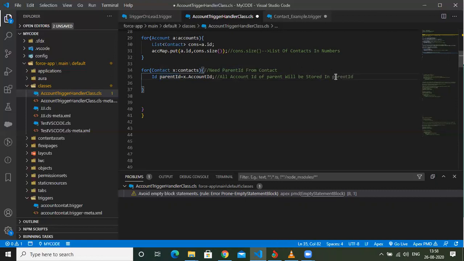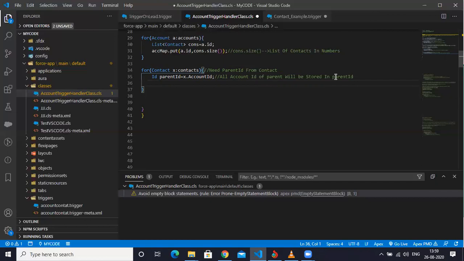Okay. Now next step, once all this is done, I need to check if my IDs are stored, whether it is null or not. In simple terminology, I will give a condition.